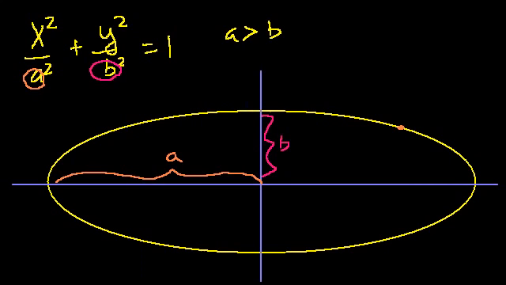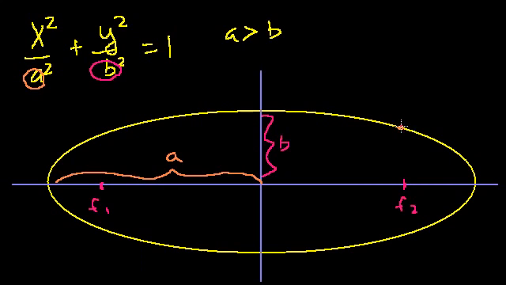These 2 points always sit along the major axis, so in this case the horizontal axis, and they're symmetric around the center of the ellipse. Let me call this one F1, and this is F2. The super interesting, fascinating property of an ellipse, often used as the definition of an ellipse, is this: